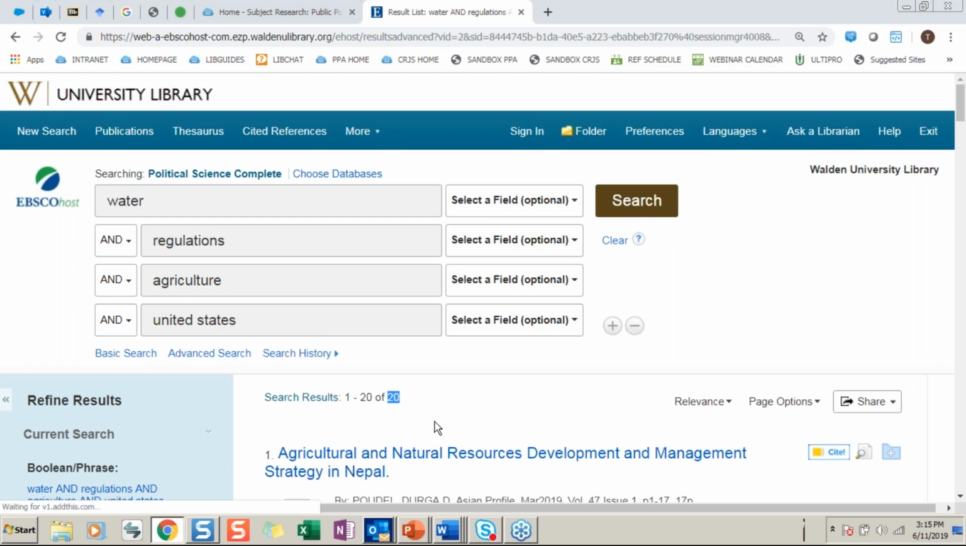And we are getting 20 results for this search. Now 20 is not bad, but it's certainly not enough for a dissertation literature review. So we're going to use some of those Boolean operators to add some additional keywords and see if we can improve our results. So up here in this first box for water, we want to think about other terms we